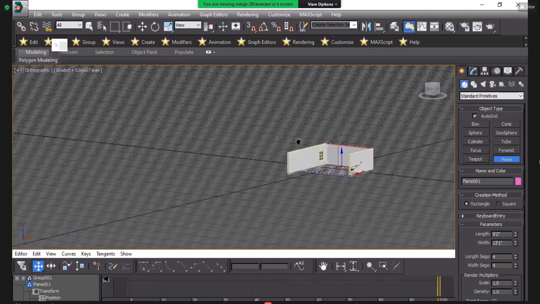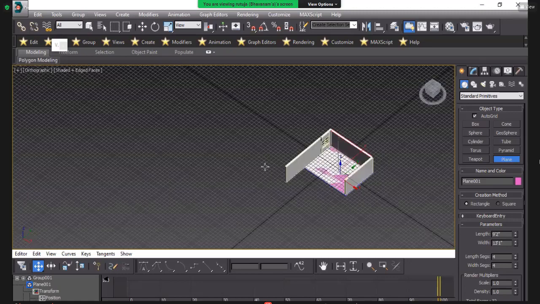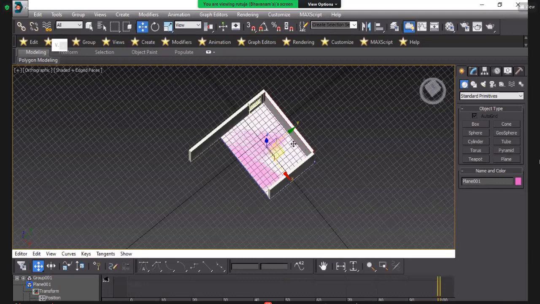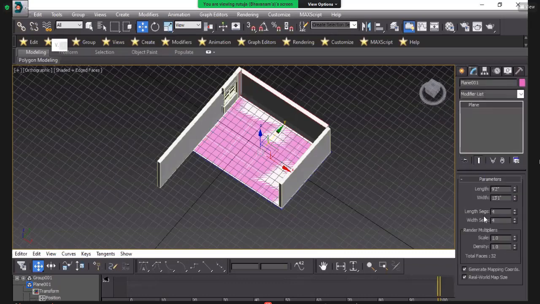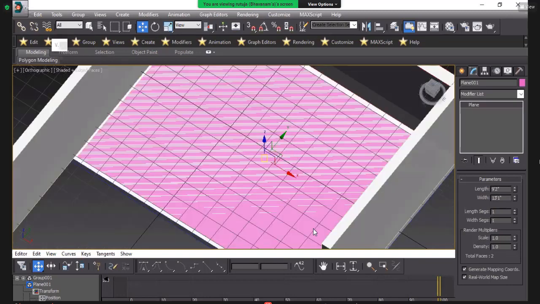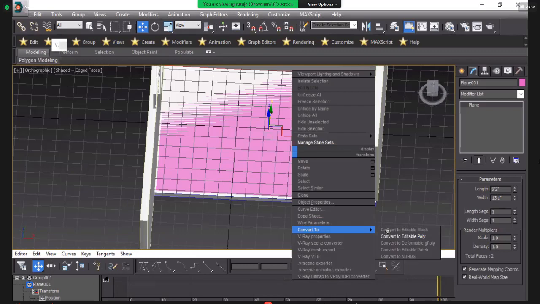And we will edit it and apply the material of our tiles on this plane. So that's why we change the segments of the plane. First of all, this is the method of how to use a plane. Convert it into editable poly.